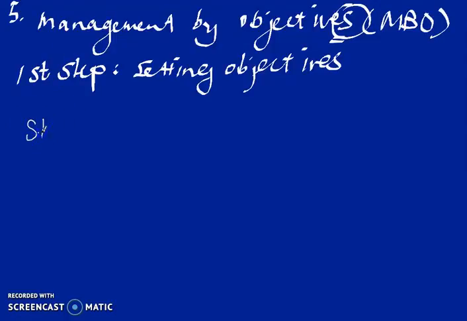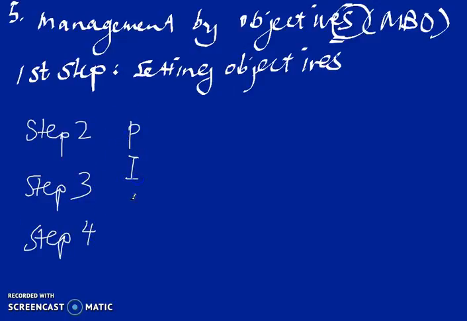What about step 2? Actually, I want to summarize step 2, 3, 4 in an acronym called PIE. Step 2, step 3, step 4, PIE.